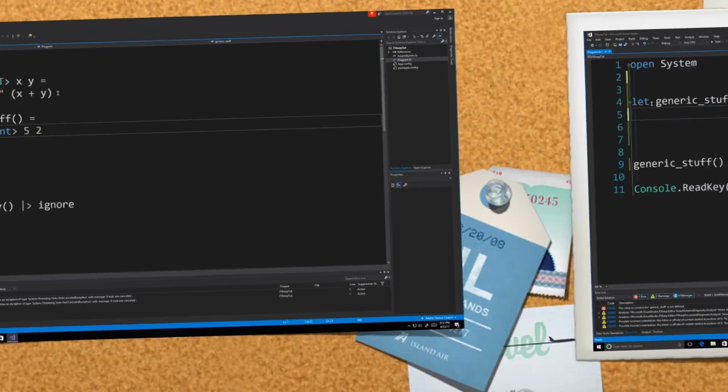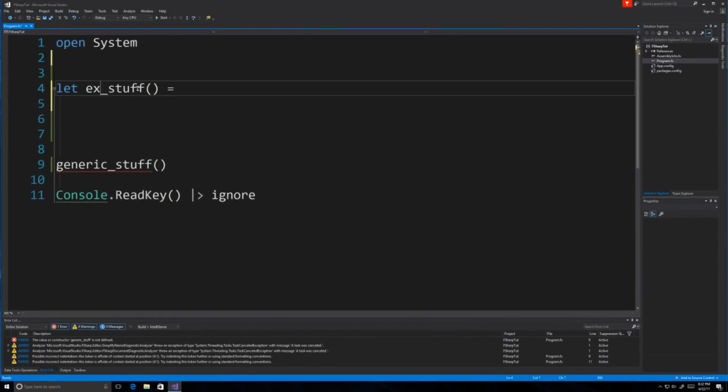Now we're going to talk about exception handling. Call this exception stuff, or EXP. And of course, exception handling is going to provide us with a way to catch errors. So inside of here, let's go